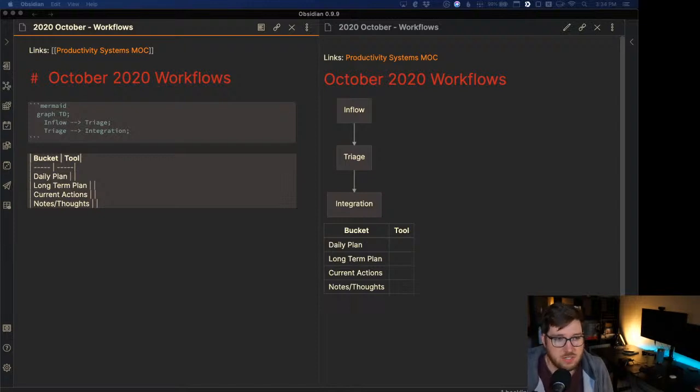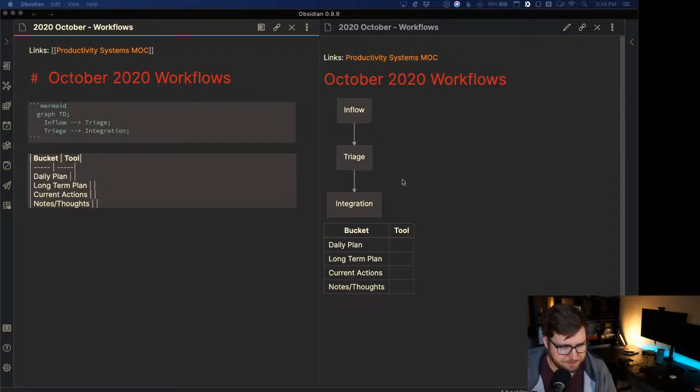Okay. So now you should be able to see Obsidian on my screen. And what I've been doing here is just kind of doing some basic mapping of thought processes. I've got a bunch of papers on my desk here from what I've been doing over the last few days and just thinking through the ideas that I have. And it's just a number of random things. There's lots of different aspects that I want to think through and different components to the system that I want to get nailed down. Basically, as you can see on the screen here, I've got this diagram of inflow, triage,